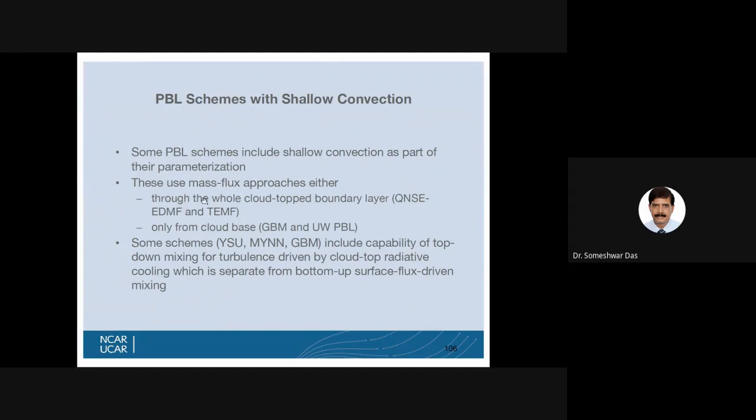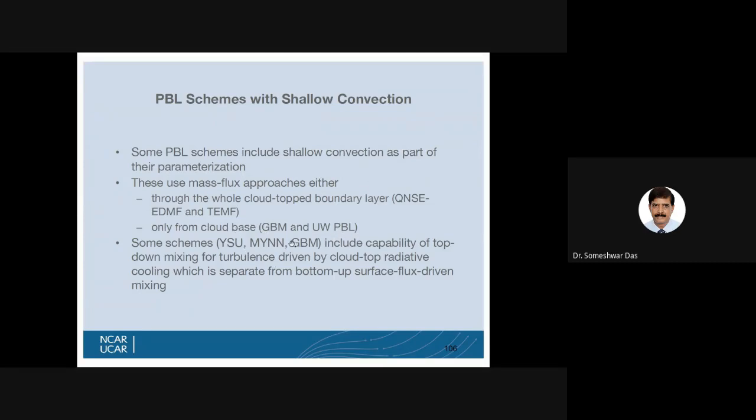These schemes use mass flux approaches either through the whole cloud-topped boundary layer, as in the QNSE scheme, EDMF scheme, or TEMF scheme, or they use the mass flux approach only from cloud base, as used in these schemes, the GBM, University of Washington PBL, etc.